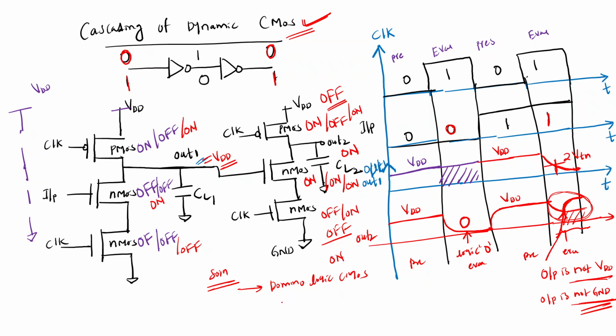Or we can go for NORA logic, or refining of the clock. So these are the solutions. How to overcome this cascading problem of dynamic CMOS? You need to go for